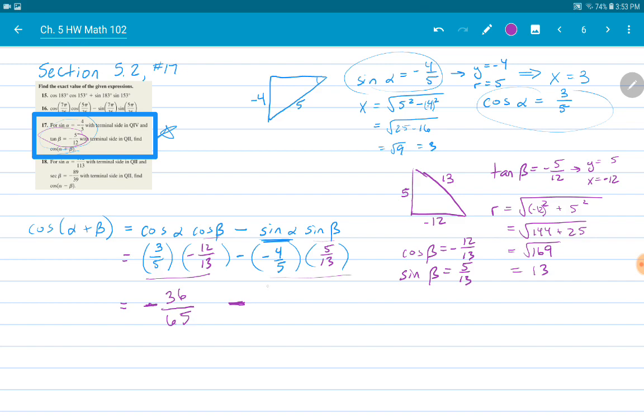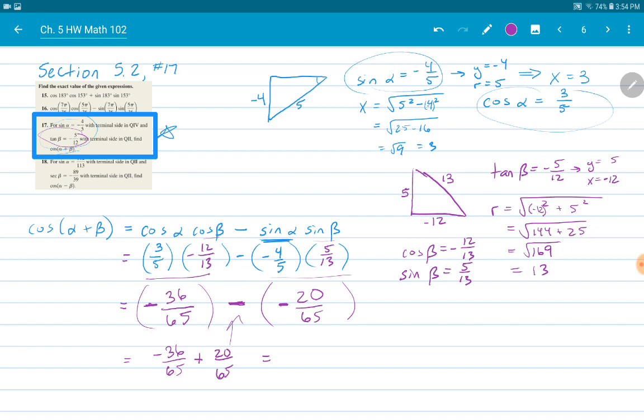And then I get a negative 20 over 65. So this is minus, not multiplication. So I'm going to distribute that minus. So I get negative 36 over 65 minus a negative is plus 20 over 65, which gives me, I have